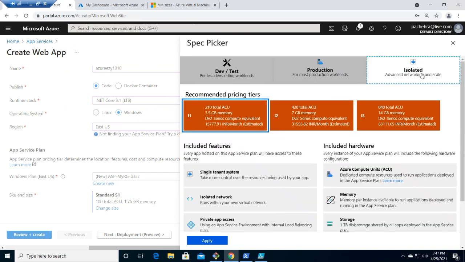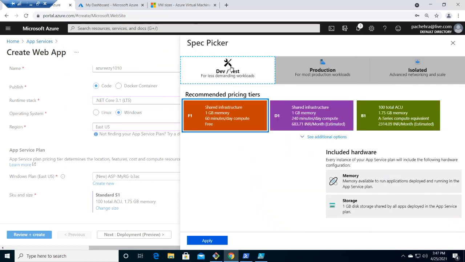Just to cover a little bit here, dev test. If you see, we have free and shared, but these both are running on the shared compute. Free and shared both run an app on the same Azure VMs on the back end, right? Like other apps of other customers can also be running on the same virtual machine. These are the shared compute. These tiers allocate CPU quotas to each app that runs on the shared resources, and the resources cannot scale out